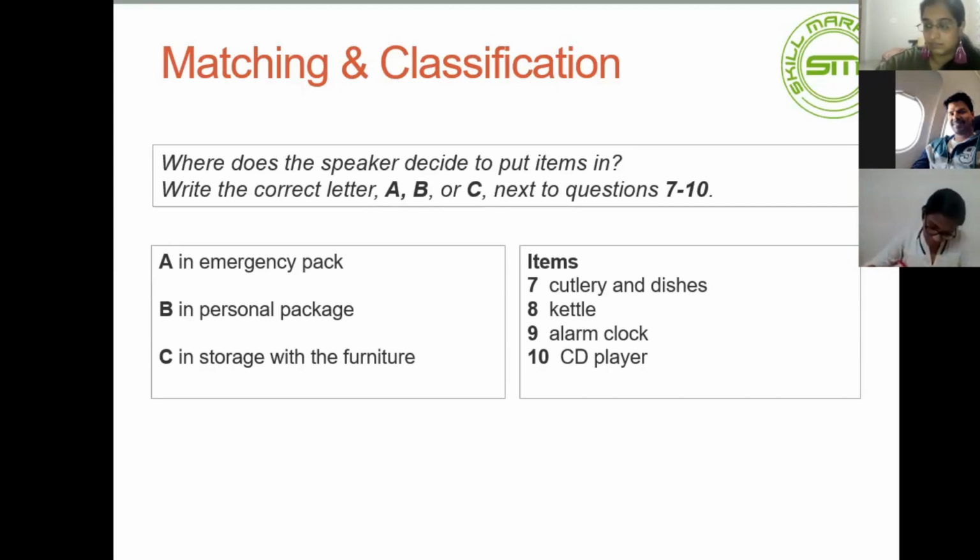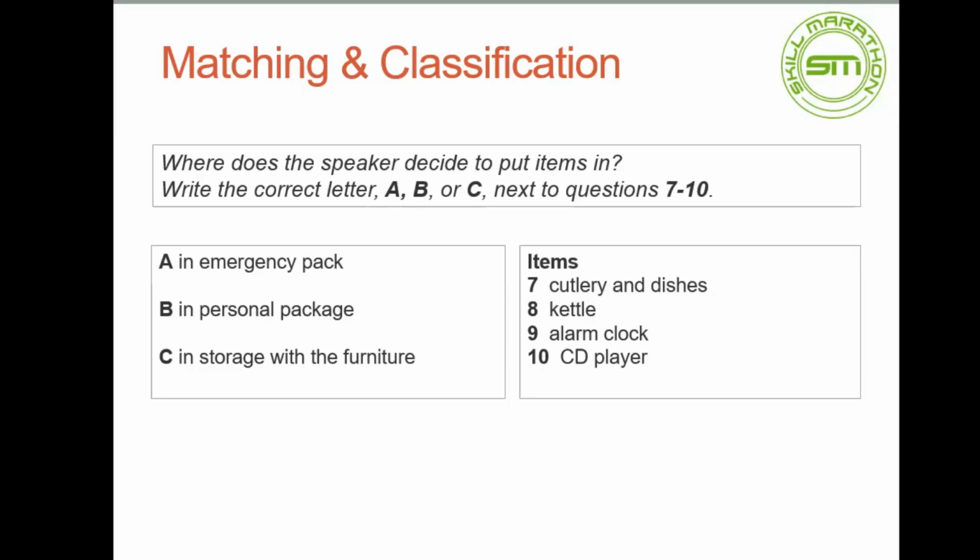Do you have any special requests? You know, things you want packed in some special place so you know where to find them. Like what? Oh, I don't know. Things like dishes, maybe. Not to be rude, but you look like a lady who likes to eat. Ah, yes, I need my dishes and things where I can find them quickly. Great. We'll put those dishes and cutlery in what we call the emergency pack. Can you think of anything else?